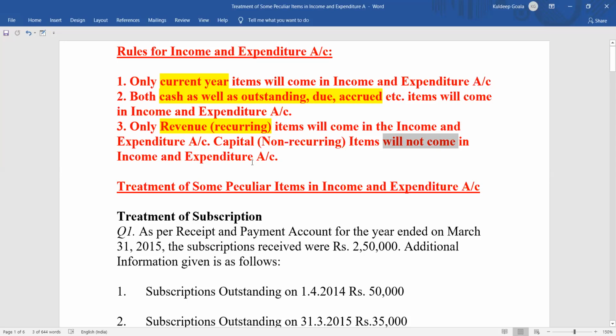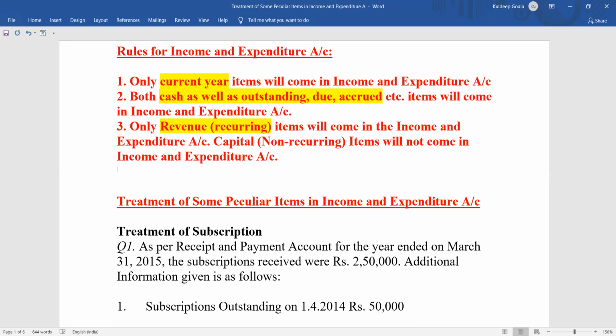Only those items which will be repeating itself, that is the recurring items, will be coming in the income and expenditure account. Capital items like purchase of asset, then donation received for a specific purpose, those things will not come in the income and expenditure account. Clear? And one more point that you should know is that